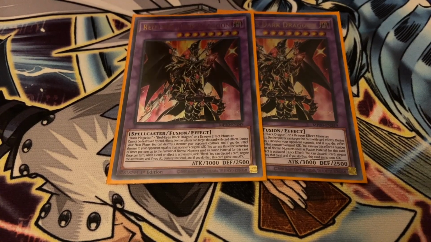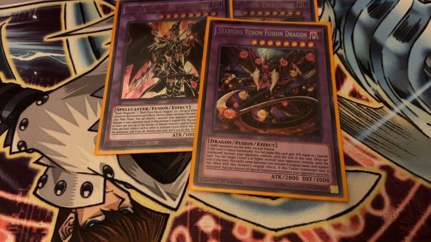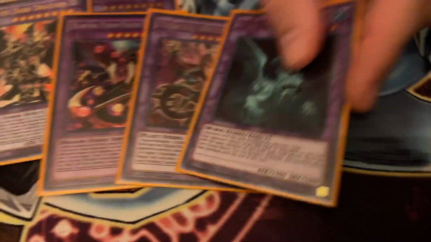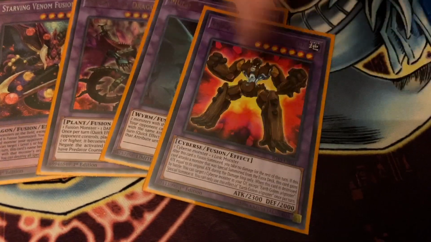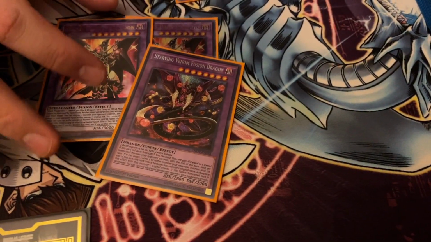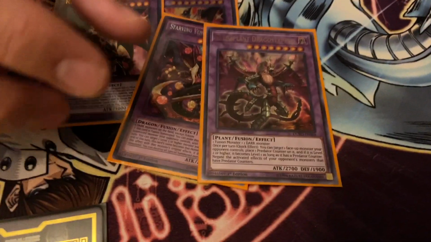Spoilers. 1 Starving Venom Fusion Dragon, arguably one of the best Super Poly targets in the game. 1 Prunplat Jericho Stapelia, 1 Mud Dragon of the Swamp, and an Earth Golem at Ignister. So this one's the obvious one. A lot of decks end on multiple Dark monsters. This one is for...